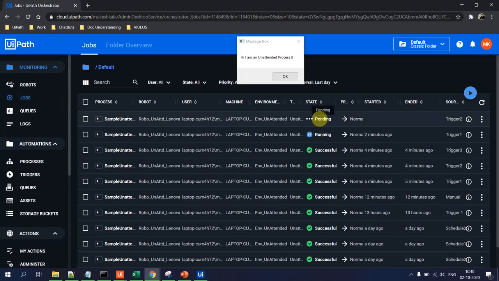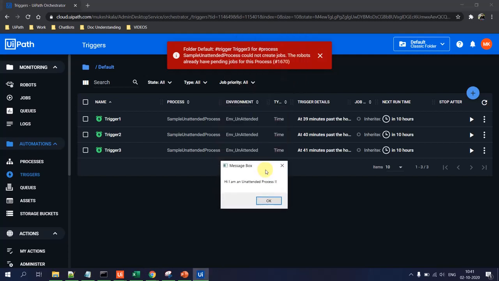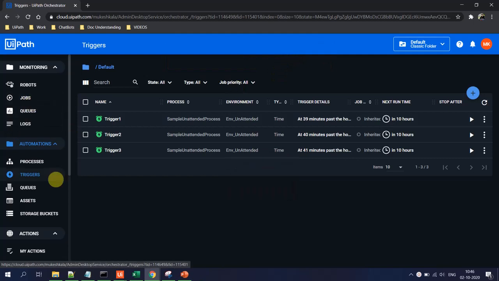see, this one is in the pending state. This is running because the first trigger is not executed. Okay, so let's just wait for 10:40. We go to triggers. Okay, so see, this is the message which I was demonstrating. So now we have got an error which says that it could not execute because it already has pending jobs in the process. Okay, so now you see all the three triggers were executed in the last scenario, but what happens if I go to the jobs now? So we have got an error.